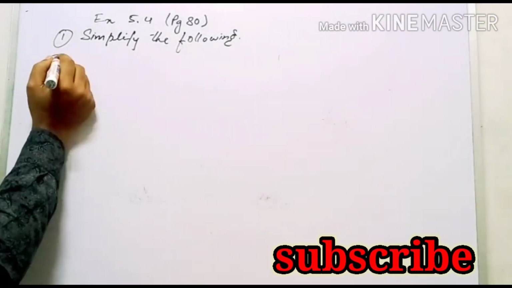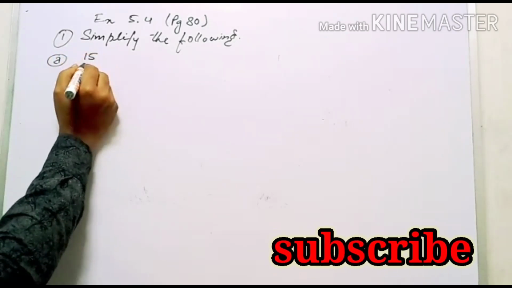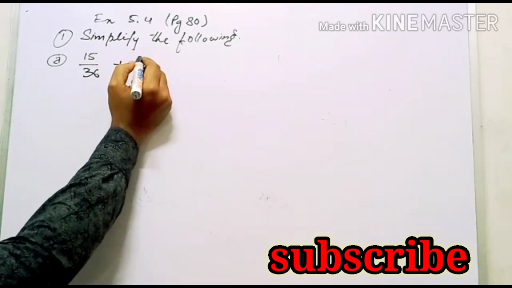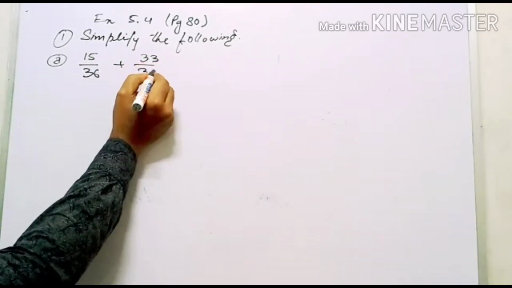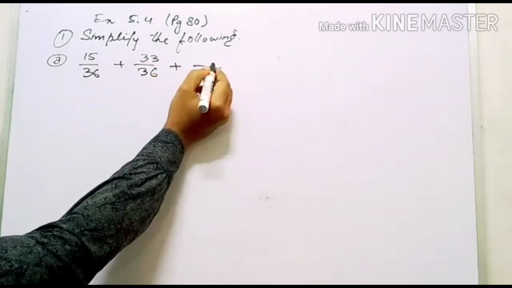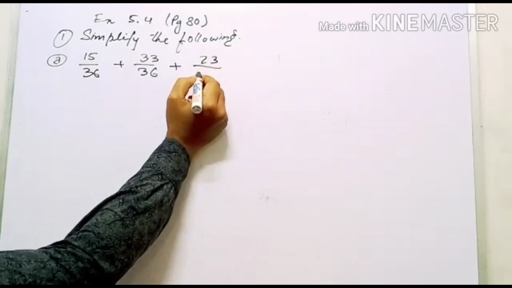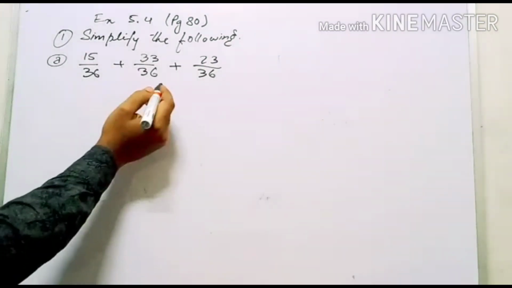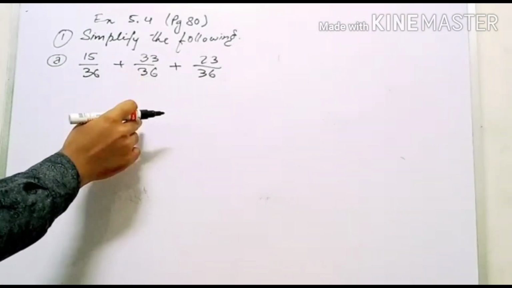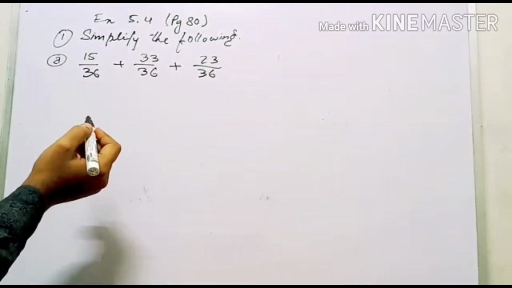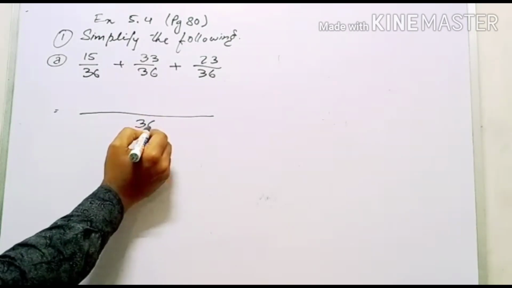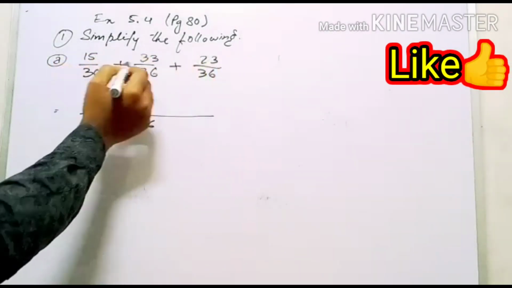First question is 15 by 36, again 33 by 36, 23 by 36. Now look at the denominator. If the denominator of all the numbers are same, then just put the denominator one time and copy the numerator,